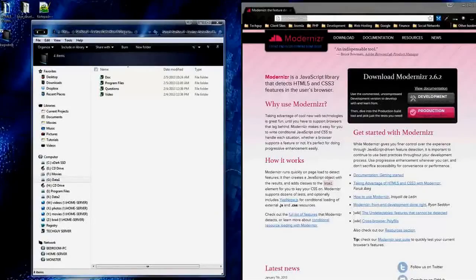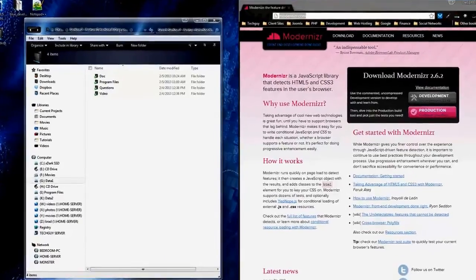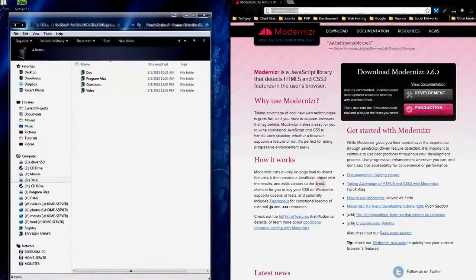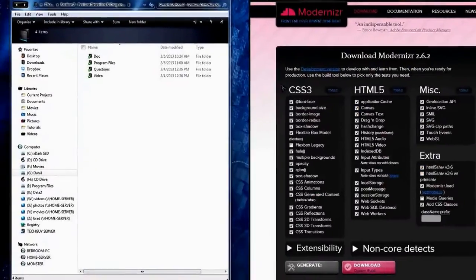Alright guys, in this part of this section, I want to demonstrate both feature detection and drag and drop in the same video. The first thing we have to do here is go to Modernizr.com, and Modernizr doesn't have an E between the Z and the R, just to make that clear. We have a development version and a production version. We're going to download the development version, and this is what I was talking about